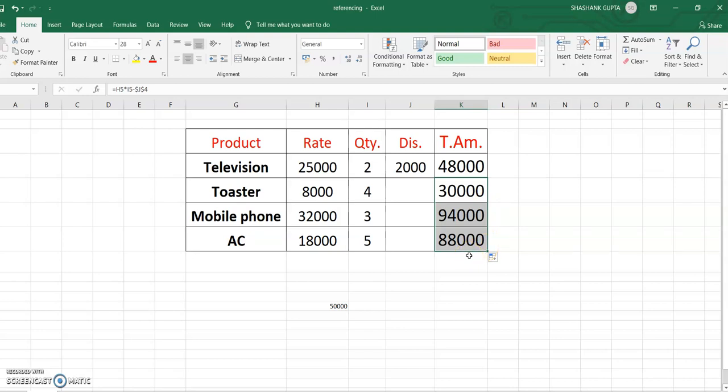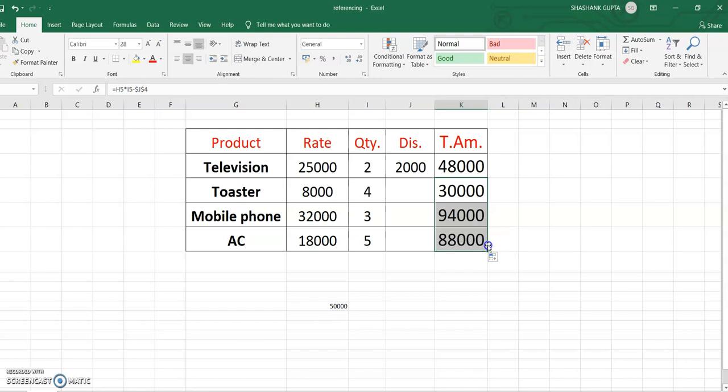Okay, now for other products there is no need to write the formula again and again. Just there is a plus symbol, you can see. I just want to show you here. There is a plus symbol at the bottom right corner. Just press it and drag down.